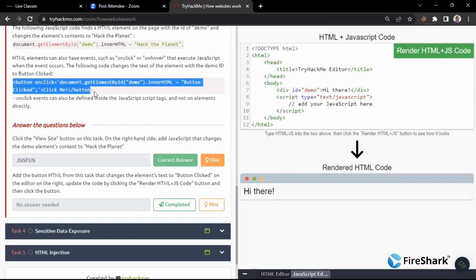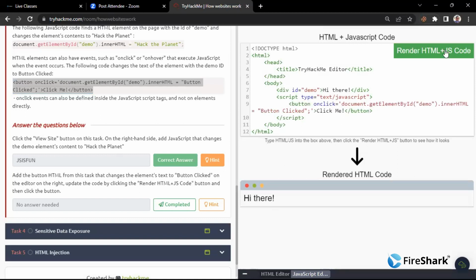Okay, then let me add here. No changes are made. Add the button HTML from this task that changes the element's text to button. Click on the editor on the right, update the code by clicking render HTML and then click the button. Nothing is changed, but